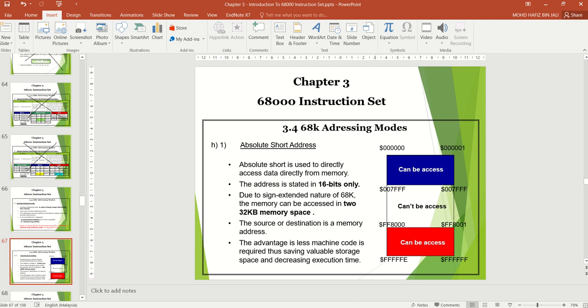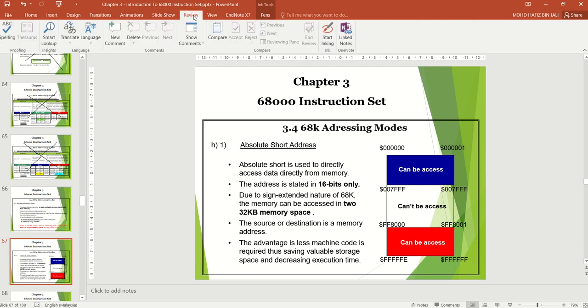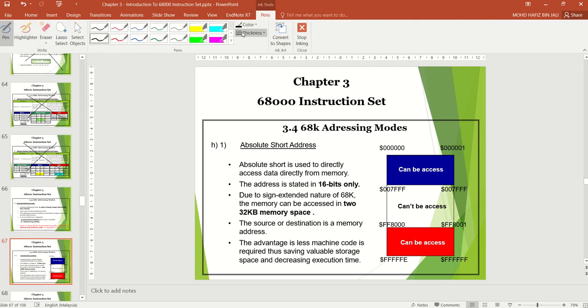Okay, this one, 7F00, if you convert to binary, it is 0111. So the MSB is 0. What happens if the MSB is 0? The upper word will be set to 0000.